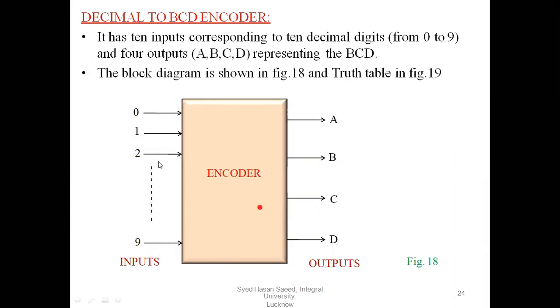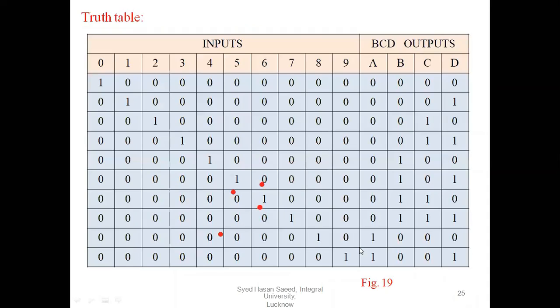Why not take 3? If we take 3, we get 8, which means only 3 outputs, so we go with 4. As it is decimal, 2 power 4 is 16, and 16 is greater than 9. So here we take the values 0 to 9 and we will get the outputs A, B, C, D. Here the truth table is the same as I explained before. Only one is placed as 1, and 2, 3, 4, 5, 6, 7, 8, 9, with output values 0, 0, 0, 0, 1, 0, 1, 0.